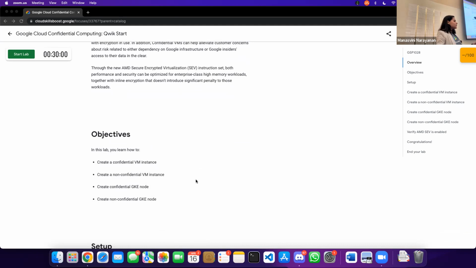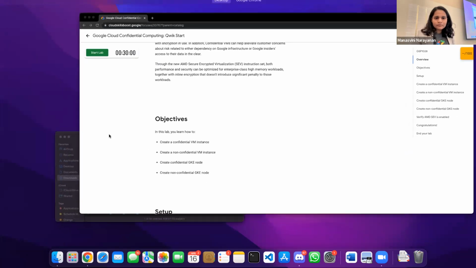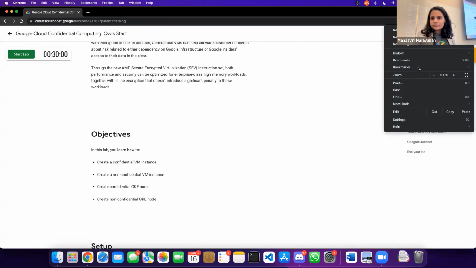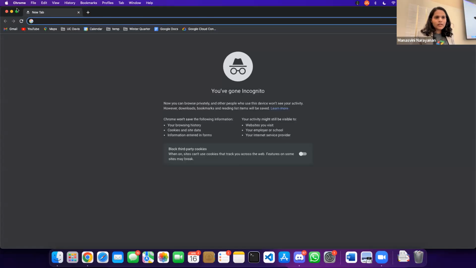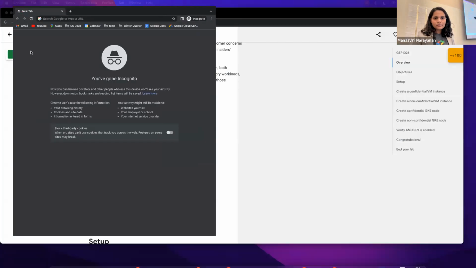Okay, I have a tip for you all. Just keep an incognito browser open, and if your computer allows it, open a split screen where you can see the instructions on the left and your incognito browser on the right. So what I'm going to do is open an incognito browser and split the screen.